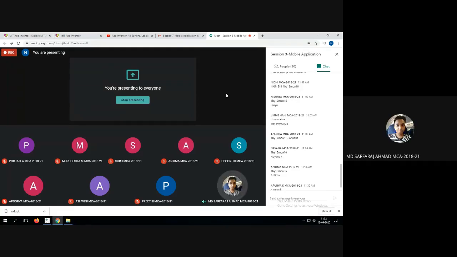Which language will it use, sir, to do this? It has its own language. It's blocks, and it does not require any coding or programming knowledge. Blocks cover all programming constructs and all categories of user interface components, whether a button, radio boxes or checkboxes. They have already been written by MIT students, so you just attach the blocks wherever applicable.